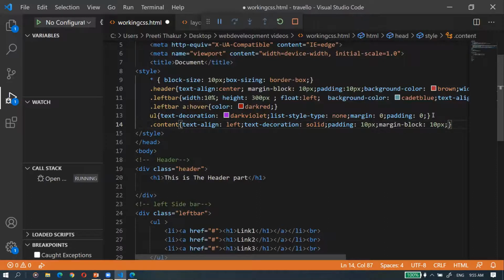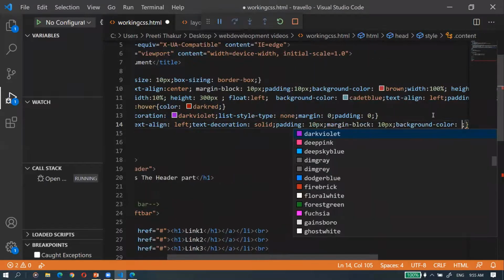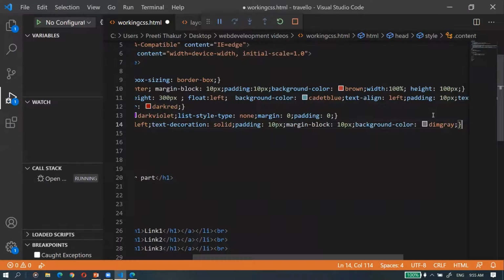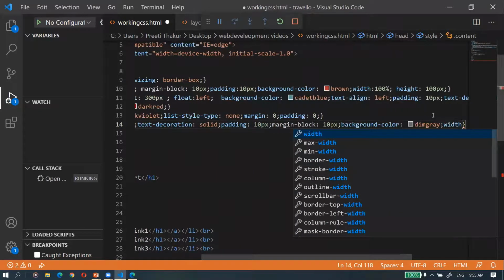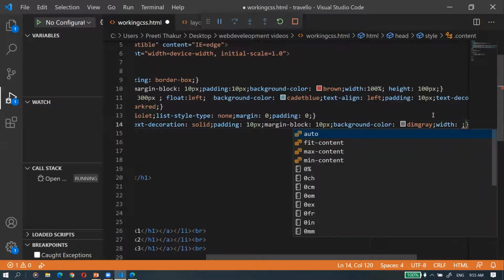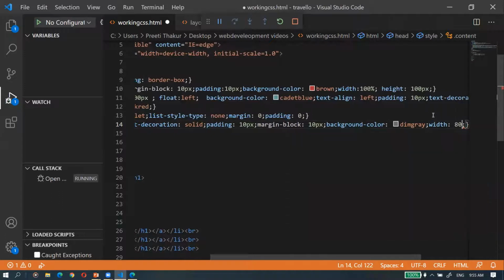the size of this particular block also I have to give. So let me give the background color first of all. Background color, the color I am giving this gray. Now I will be giving the color gray, and the size. So width should be 80%.